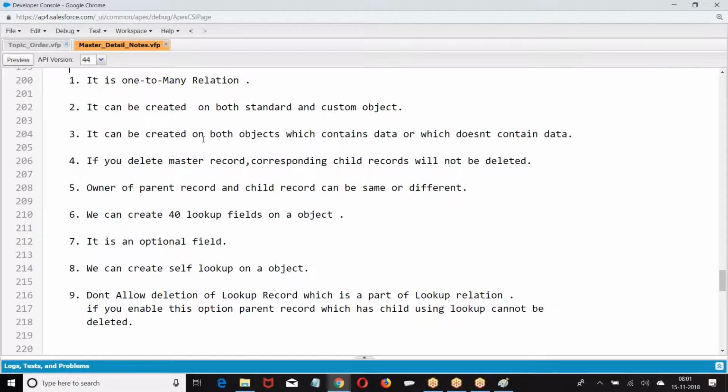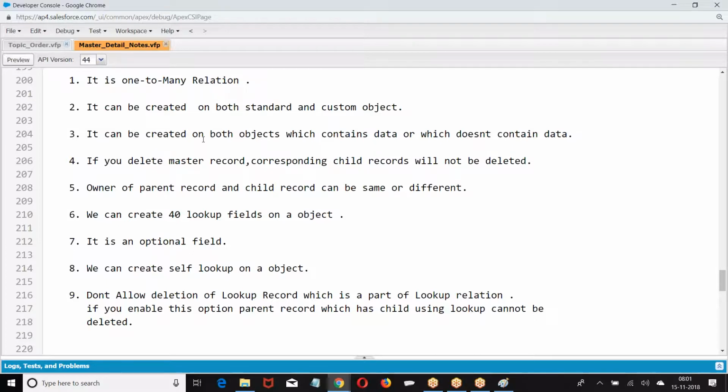If you delete the master record, corresponding child records will not be deleted. The owner of the parent record and the owner of the child record can be the same or different. It is not mandatory that the owner of the parent will be the owner of the child.